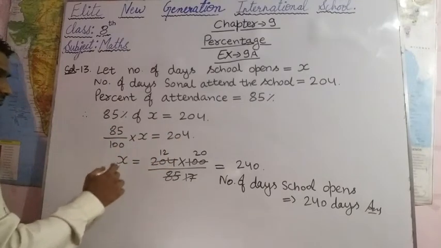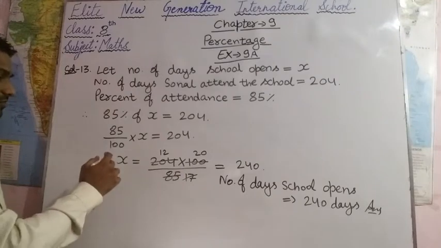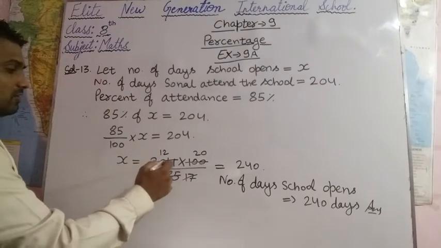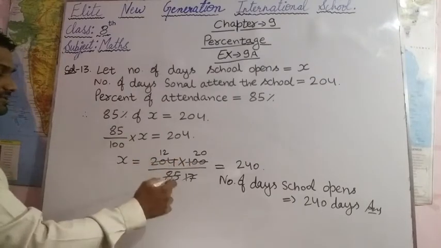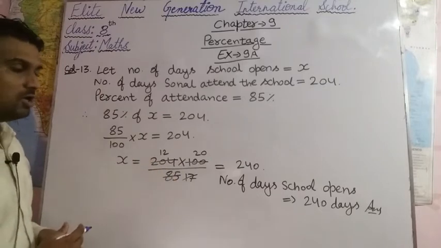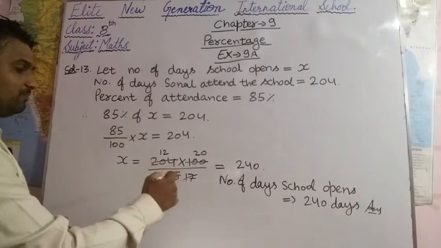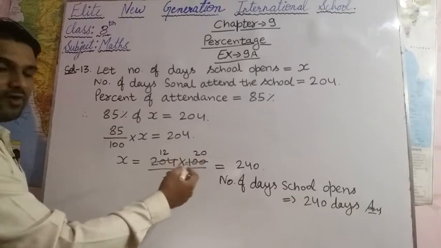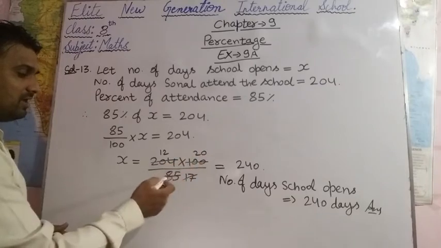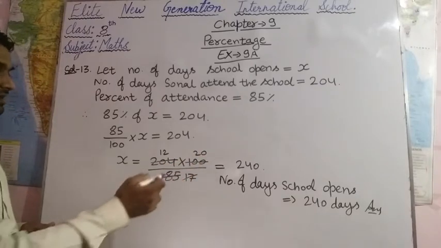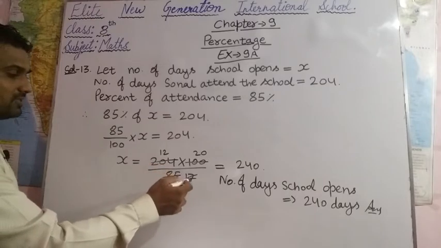So here we can find the value of x. The value of x will be 204 into 100, divided by 85. Here we can solve. First of all, cancelling by the table of 5: 5 twenty times, and 85 is 5 into 17, so we can divide 204 by 17, and it will